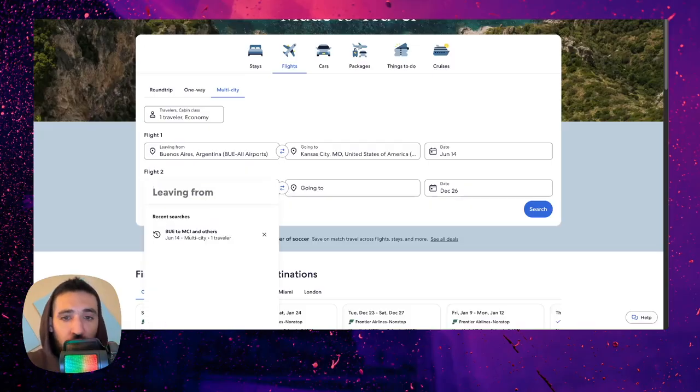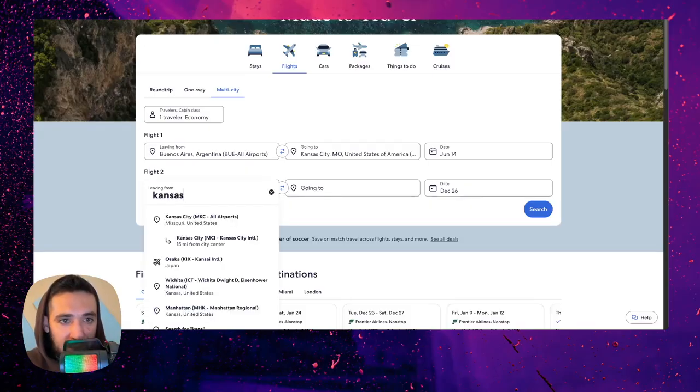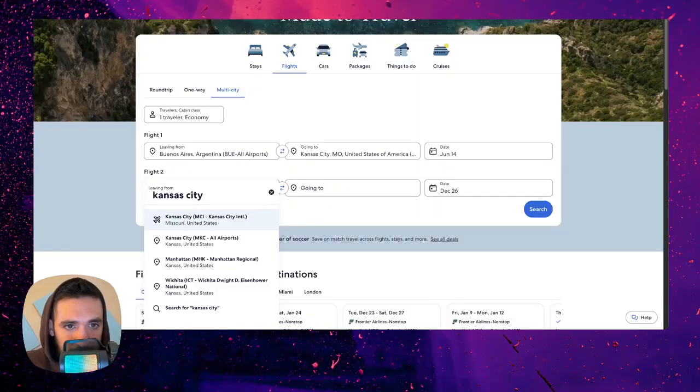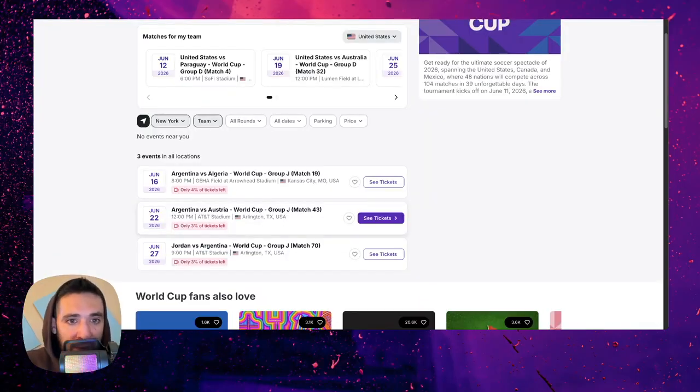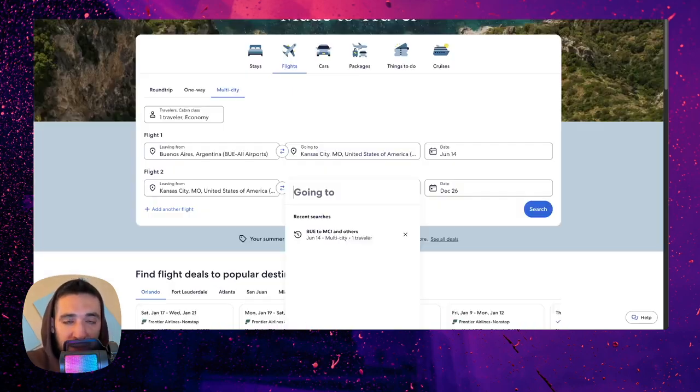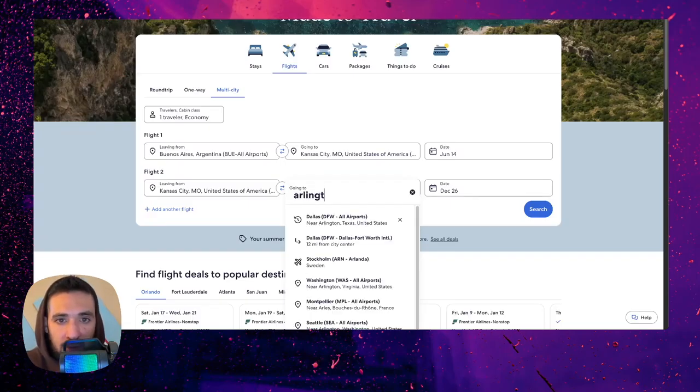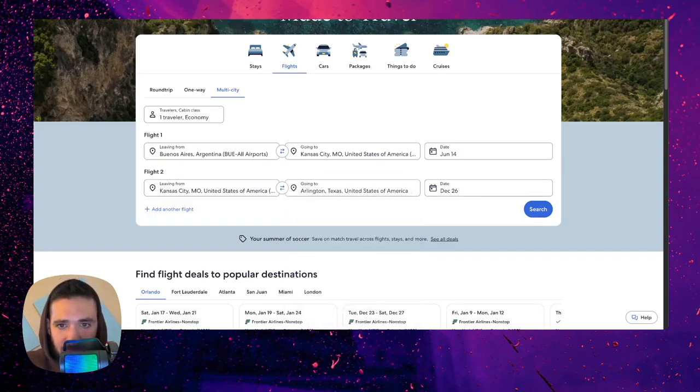For flight number 2, we need to leave Kansas City. And we need to travel. We have to fly to Arlington, Texas for game 2 on June 22nd. So there's some time between the 16th and the 22nd. So Arlington, Texas.